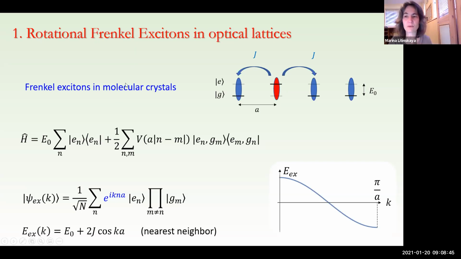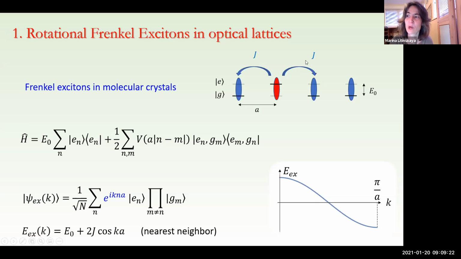So what is the quasiparticle which I'm going to transfer to the optical lattice? It's Frenkel exciton, not a Van Yemot, but a Frenkel exciton. We have a molecular crystal, so basically a lattice of two-level systems. Ground state, excited state. This is the excitation energy. The ground state is when, of course, everybody is in the ground state, and the first excited state is just one molecule is excited. We assume that the excitation can hop from one molecule to another via dipole-dipole interaction, and